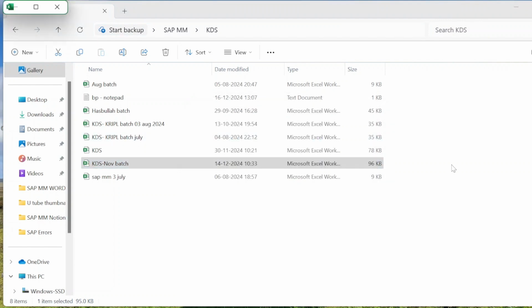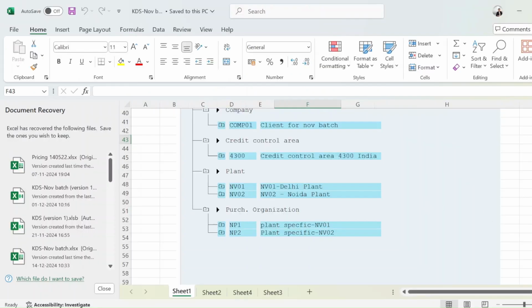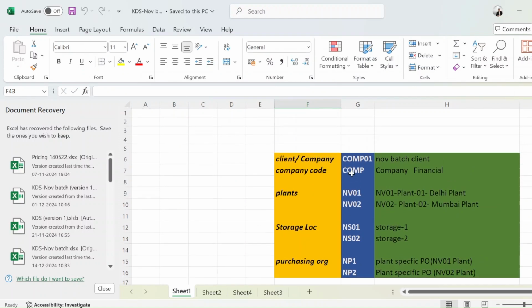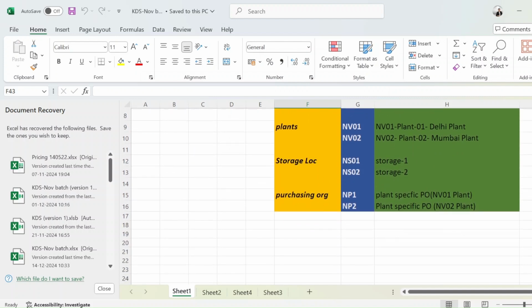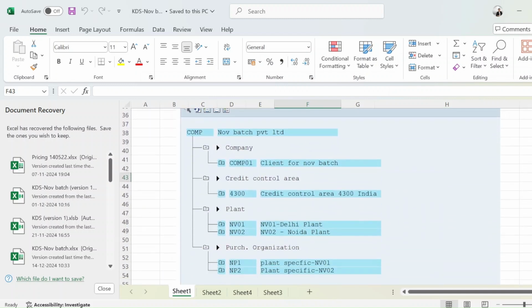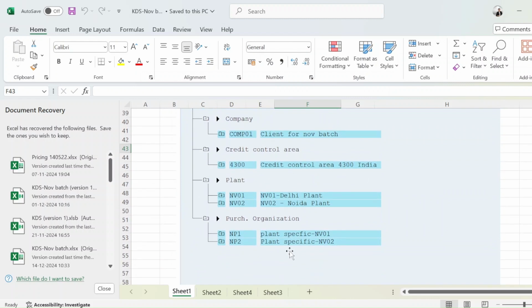Okay, so the KDS file is just like an Excel sheet. We are going to collect the client's requirement. Here it is. We are going to collect the client's requirement like company code, plant, storage location. That is all their requirement. Then we are going to map that in the SAP environment. We are going to configure the company enterprise structure, the complete organization structure and enterprise structure, in SAP, and you need to maintain that sheet, that KDS file, key data structure file.